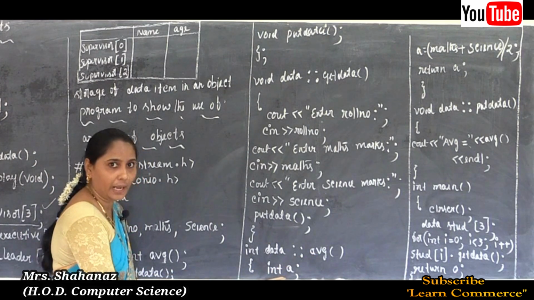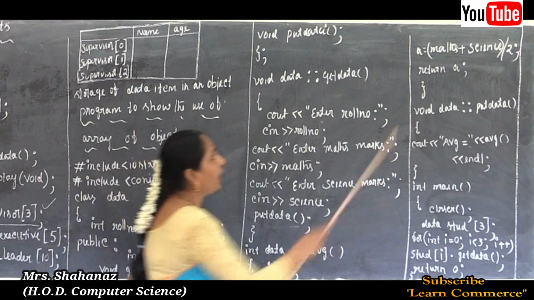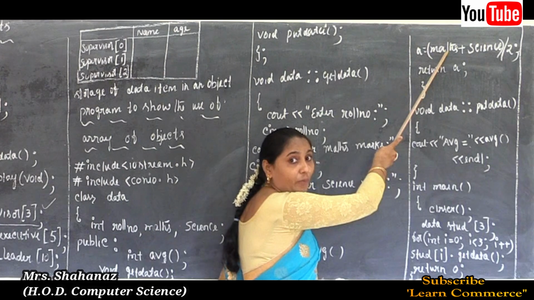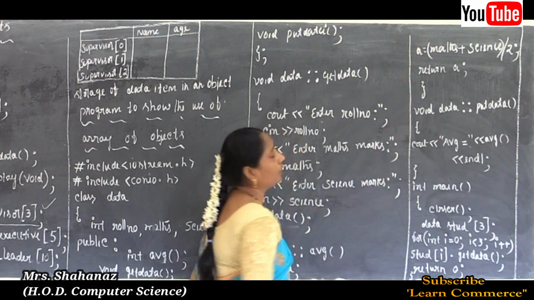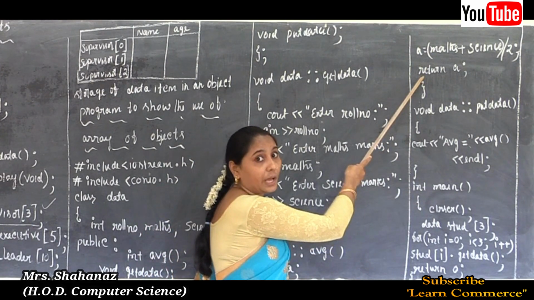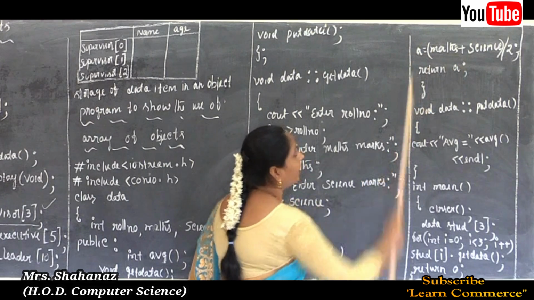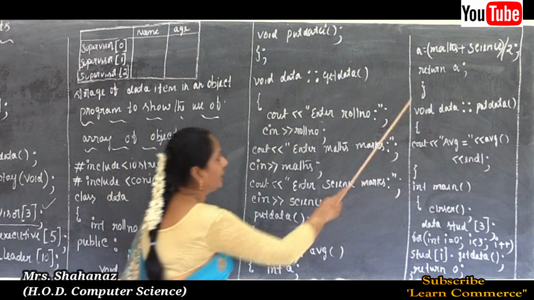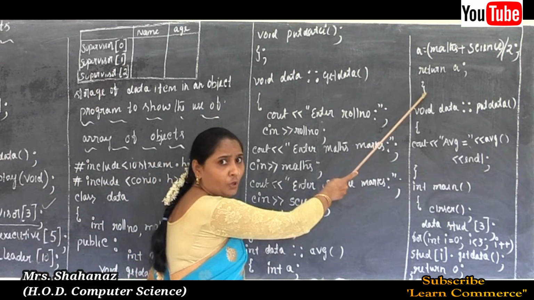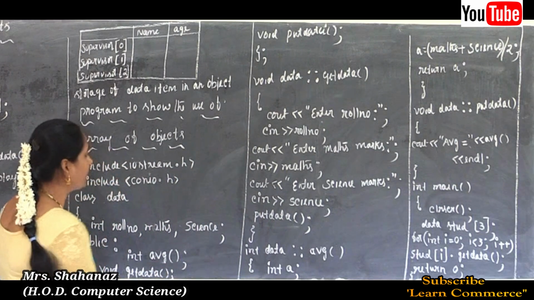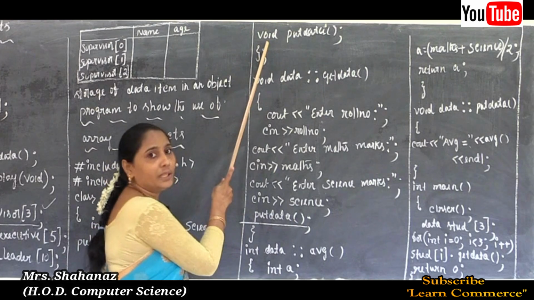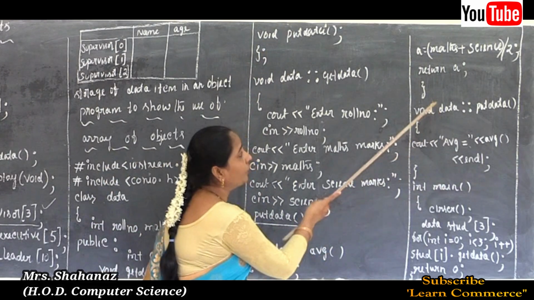So first of all I declared the variable, that is a, okay, and later whatever marks we are going to enter for maths and science, such one is going to be divided by 2 and entered into the variable a, and later it is going to return the value. Return spelling is return, return the value for the variable a. Clear? And later we open the flower bracket, so such flower bracket is going to close. And one more thing, why? Because here we already returned one put data, correct? And our third member function name is called the put data function.